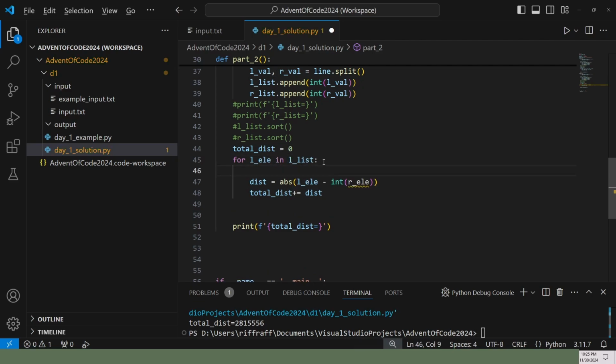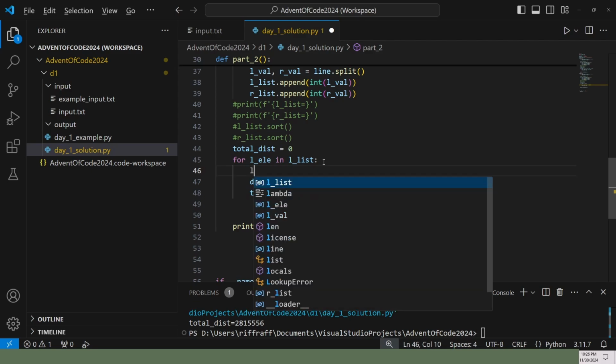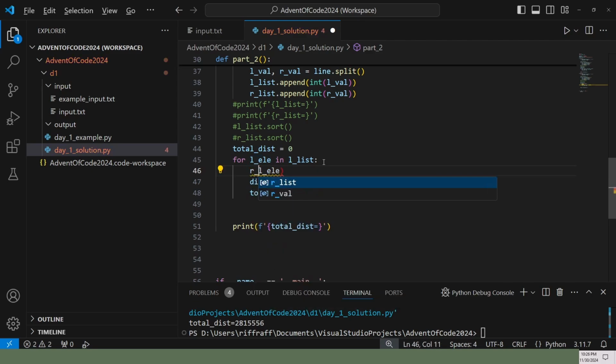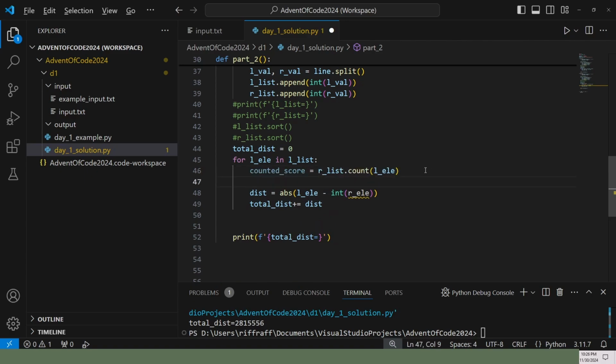So we're gonna say, okay, so for each element, how many times does the left element occur in the right list? I think we can say contains count. Let's do a count. So this is going to be the counted portion. And the number, so numeric score, well, that's just the element.